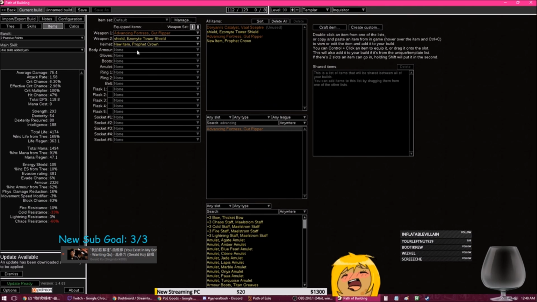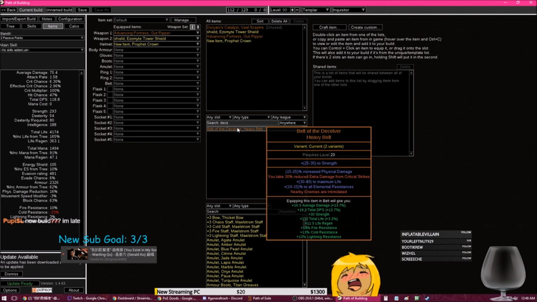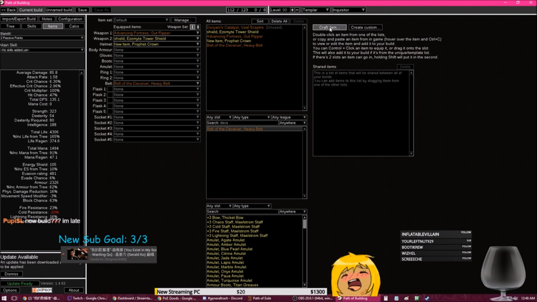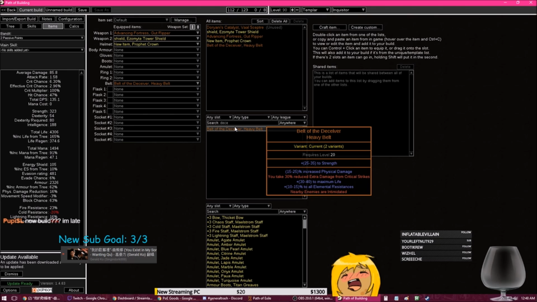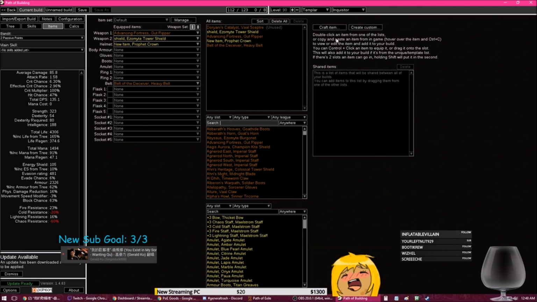Like all the items, all the other stuff is going to be just rares, basically. I'm trying to think if anything unique would be good. We can use the Belt of the Deceiver. This will give us less damage taken from critical strikes, which is pretty huge. Let's do a medium roll one. There's a lot of crit builds in Hall of Grandmasters, so that 30% less extra damage from crits is pretty nice. But everything else is just going to be rare, so I'm just going to craft a bunch of random